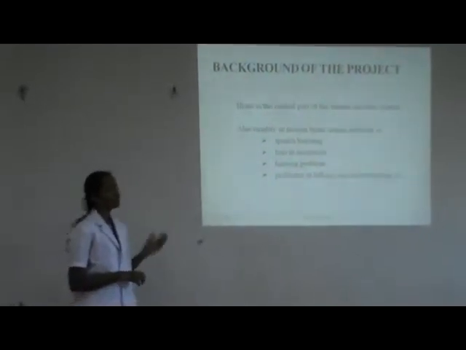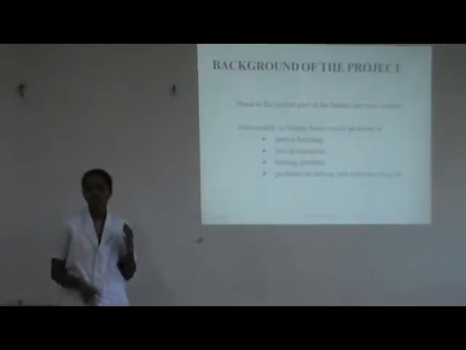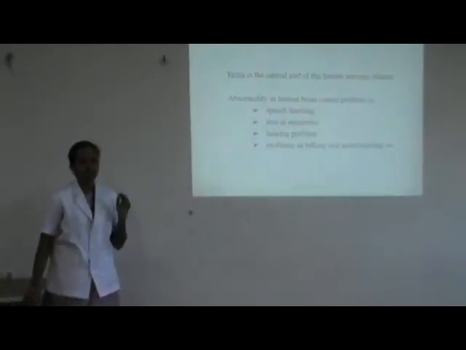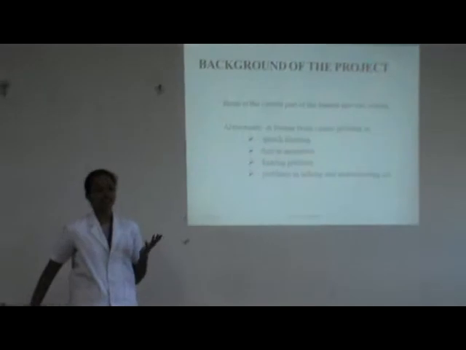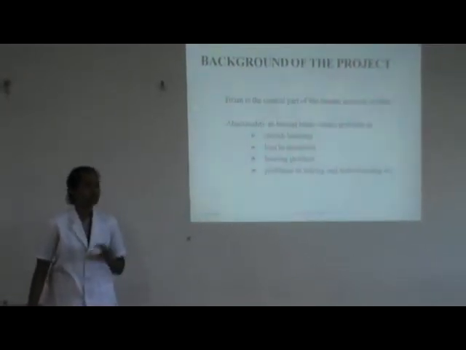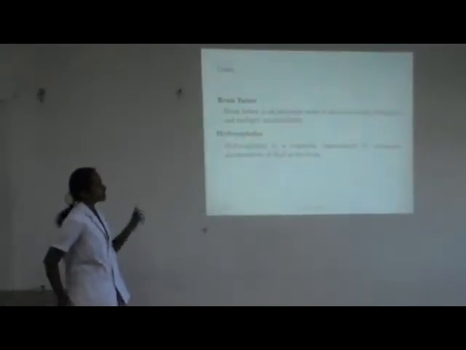We all know that our brain is the central part of the nervous system. If anything gets affected in the brain, it confuses the whole system. So, to detect the diseases early, we are going to diagnose them. In this, we are taking two categories: one is a brain tumor and the other is hydrocephalus.